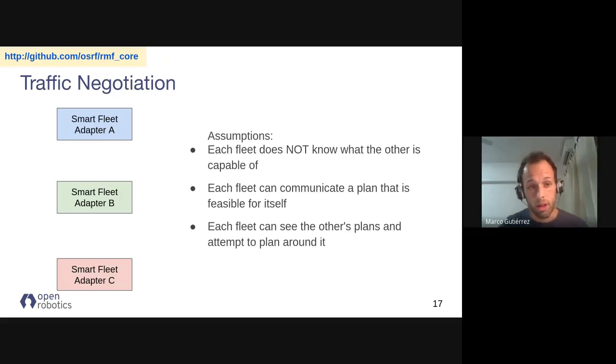This is how traffic negotiation happens. I'm not sure how interesting this is for us, but I'll go very quickly through it. There are certain assumptions. Basically, each fleet does not know what the other fleet is capable of. Each fleet can communicate a plan that is feasible for itself, and each fleet can see the other fleets' plans and try to plan around them. So in this case, we have three fleet adapters involved in this conflict, and then RMF has to